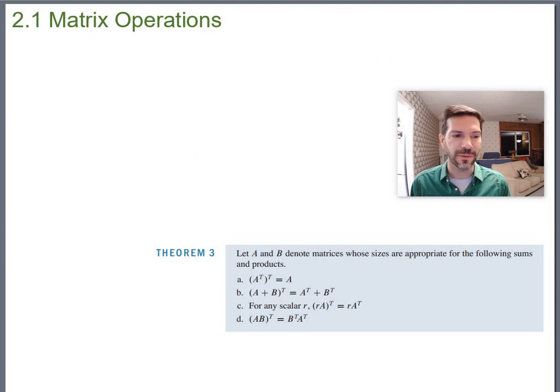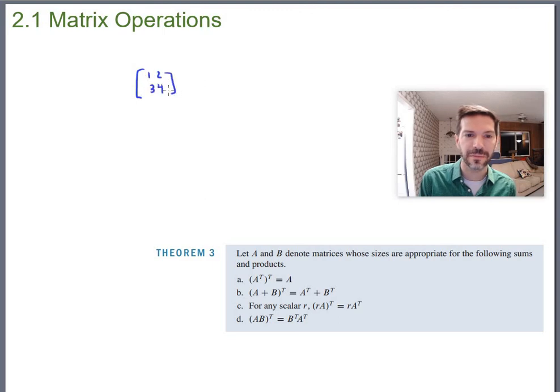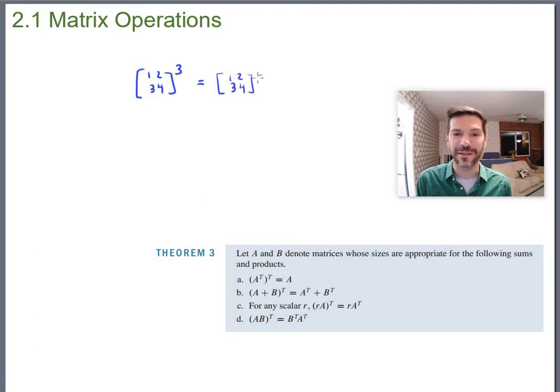Oh, I did want to mention one more thing. Let me get one more thing on here. Since I mentioned that transpose looks like an exponent, they are going to start doing exponents. I actually don't know if they do one in 2.1, but it's coming soon if we don't get one here. And I just want to point out that this is the definition of an exponent, just like it always is, which is repeated multiplication. That would mean you would do 1, 2, 3, 4 times itself